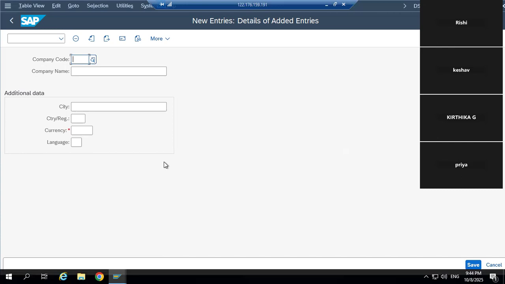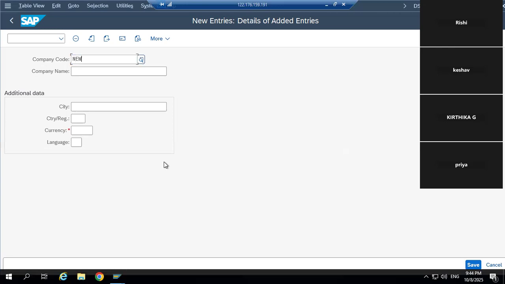Okay, but when you do practice, please create only one, because if you create so many, you have to assign them with so many things. Because it's the first time you do the practice, it's better to do it in an easy way. Okay, so now I'm creating the company code in the same procedure, 4 digits, any number.